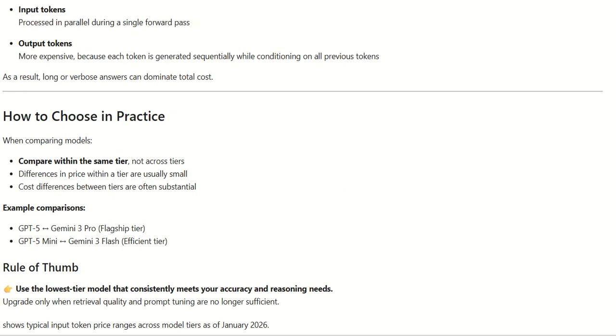How to choose in practice? When comparing models, compare within the same type, not